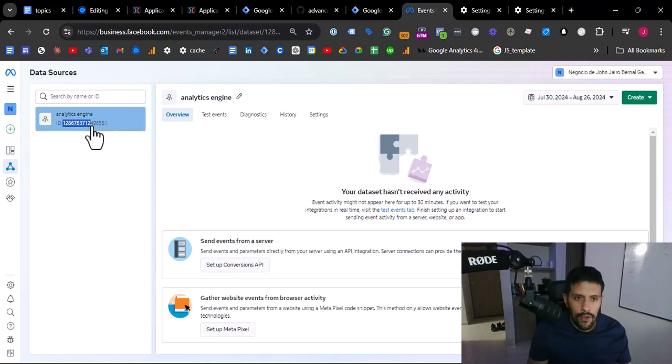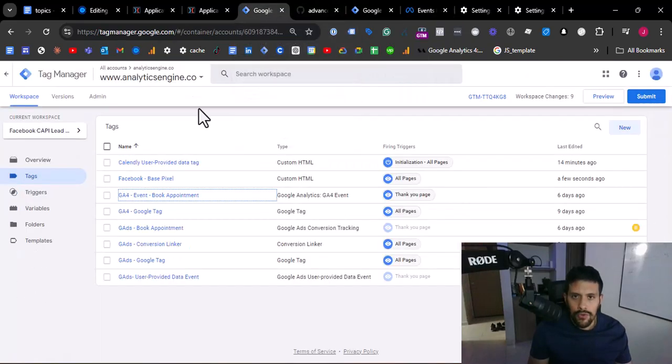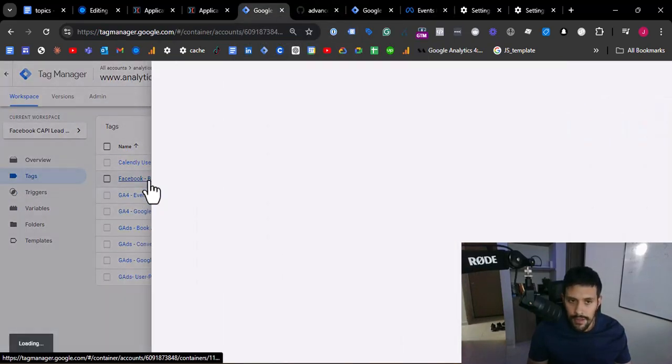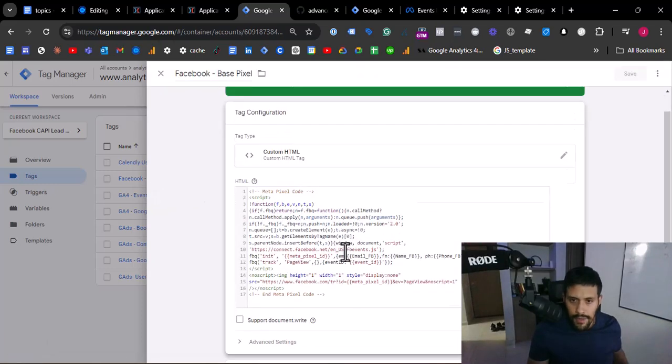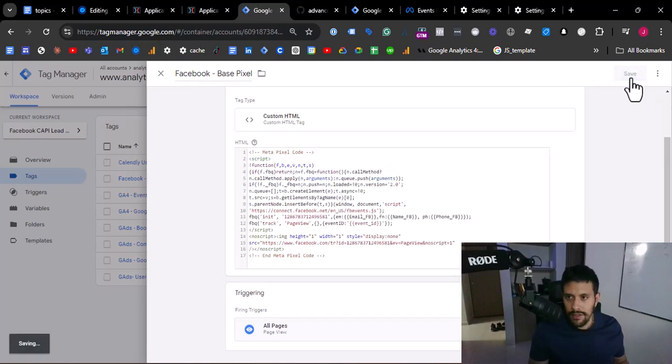And then I will copy here the ID of the pixel, and I will go here to the client side container, and I will update the meta pixel ID here. Wonderful. And in here, don't forget to do these two additions, because if you don't update the two values, this won't work. All right, click save,